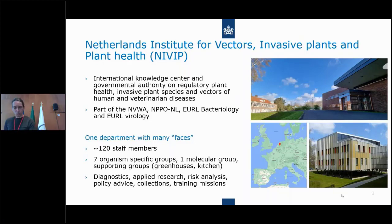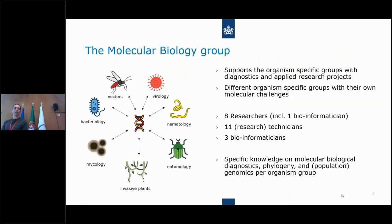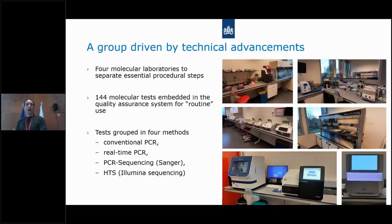So I'm from the molecular group, and just to give you a little bit of an idea, we have one molecular group for all diagnostic and research questions coming from the entire department, and that's quite diverse. So we have insects and viruses and nematodes and insects again, and loads and loads of different types of material, different matrices, different research questions. We have 8 different researchers who are in direct link with those organism-specific groups, tending to their specific needs. And we are a group driven with